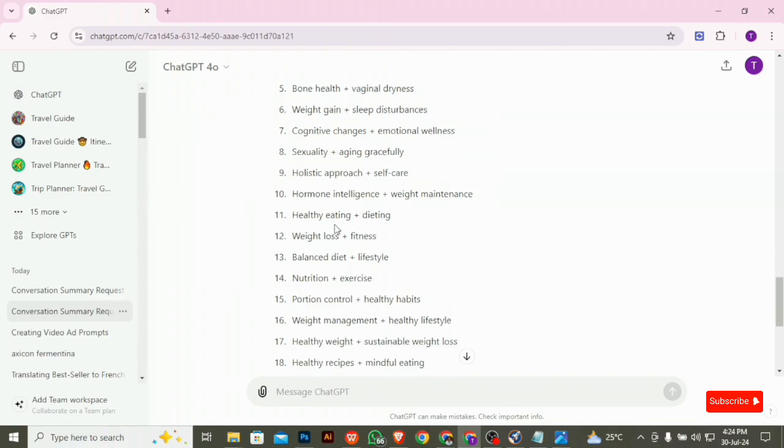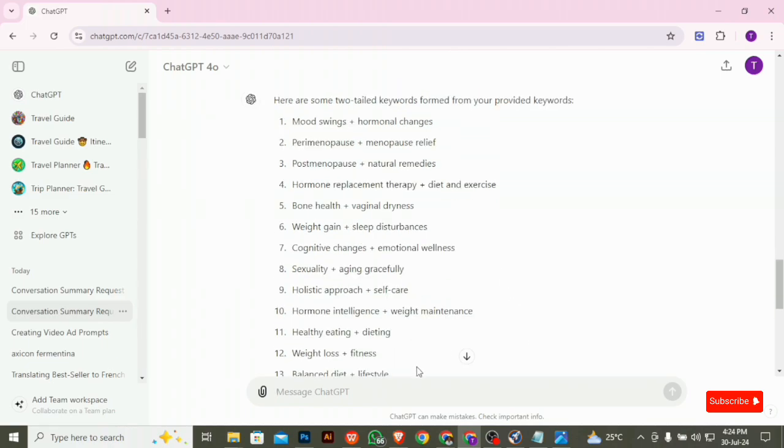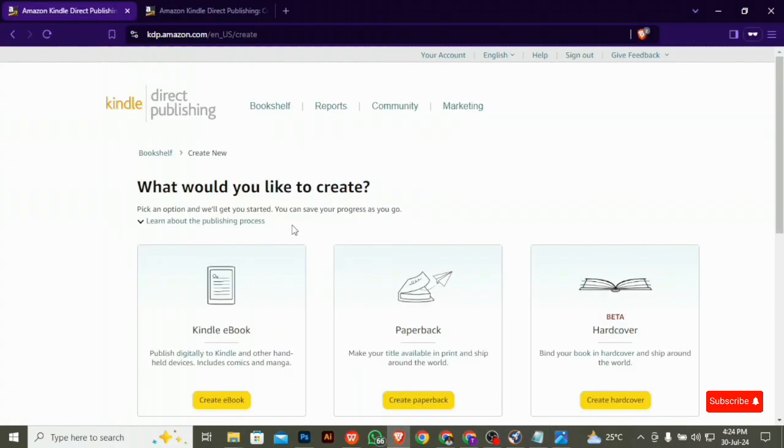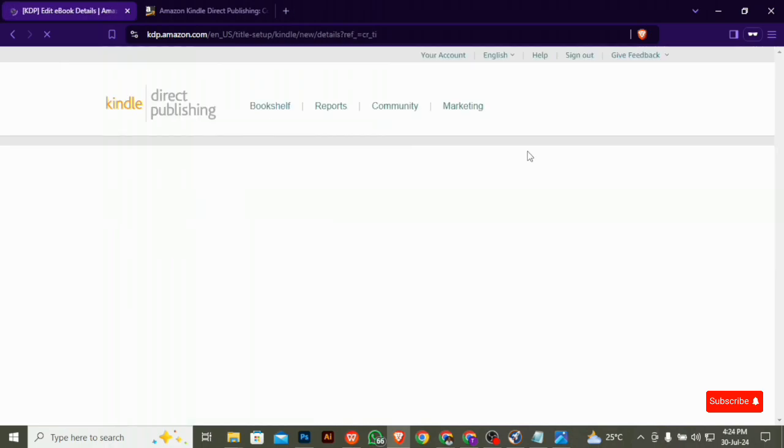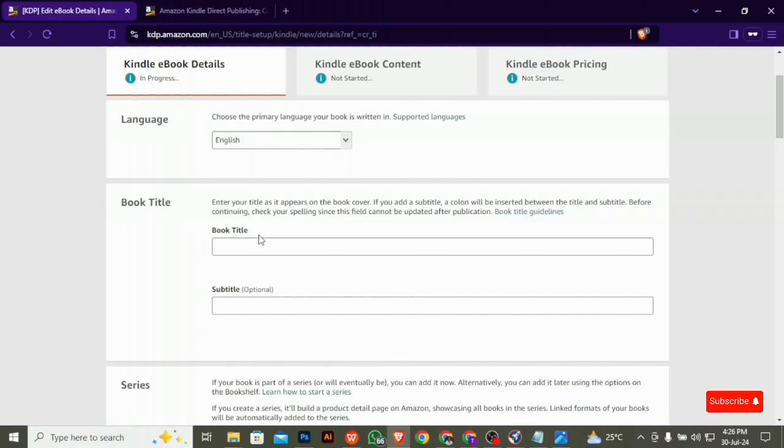So what I'm going to do now, when I get into the publishing phase of my book, let's say I'm about to publish and I click on create Kindle ebook. I want to show you how to use these keywords that GPT has given us that are related to our book's category. So I'm going to fill in my